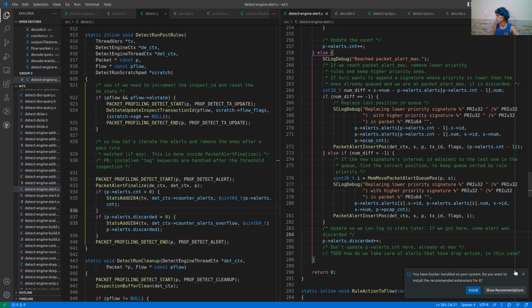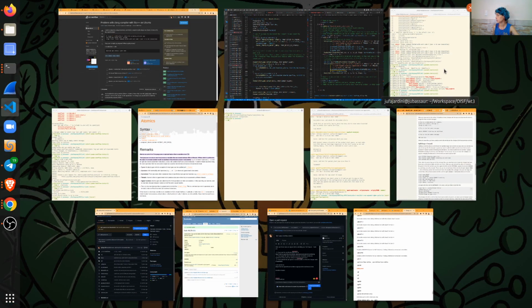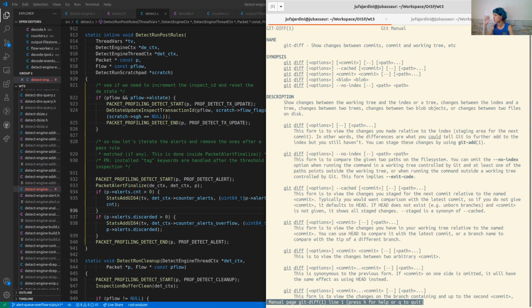No, I don't want Docker now. I must compare this with what we have in master, so I can try to understand things. Maybe here? I never know. Commit cached blob.